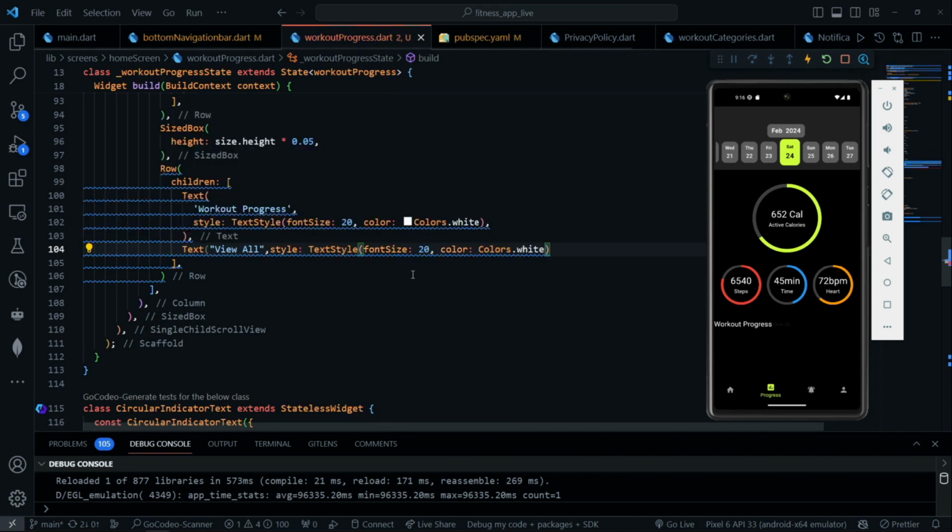Now here, okay, the size will be a little bit small. That's it. Now fine, let's reload it. So yeah, you can see it says view all, but we also have to ensure that it's space between because